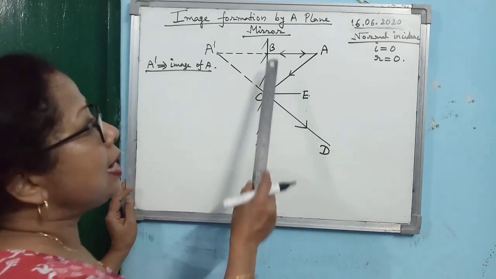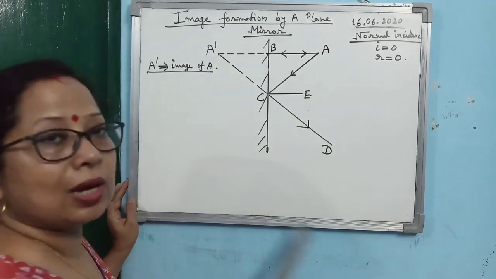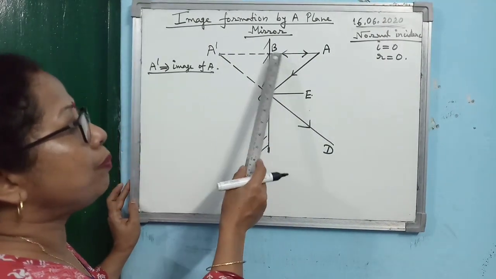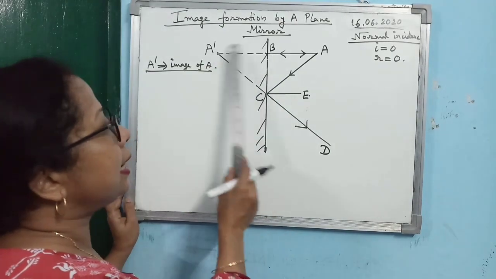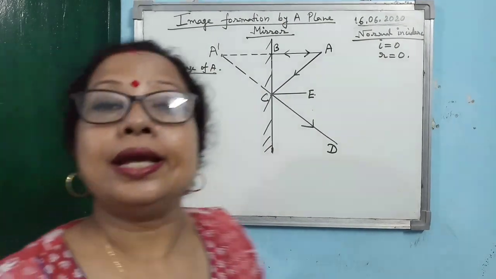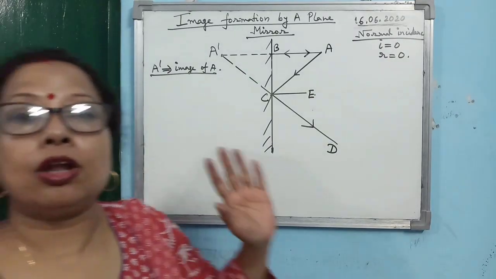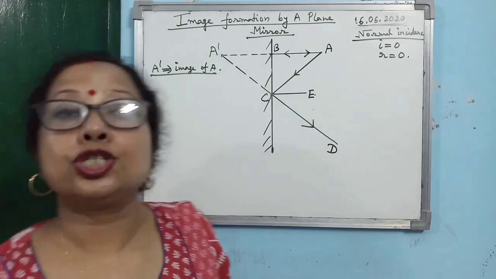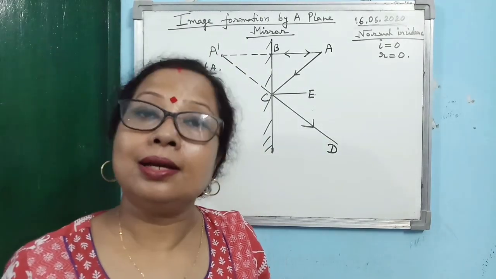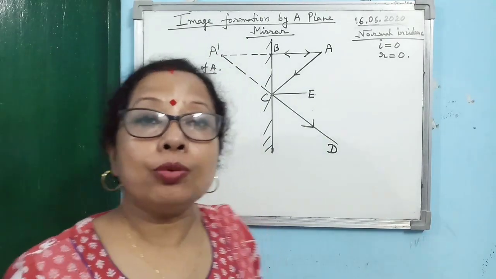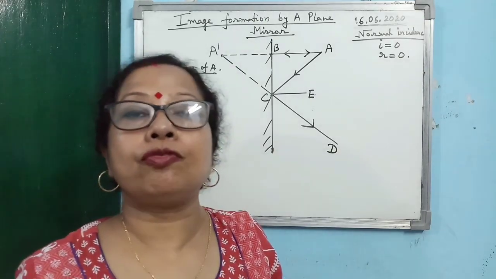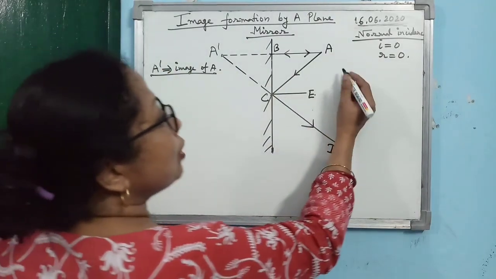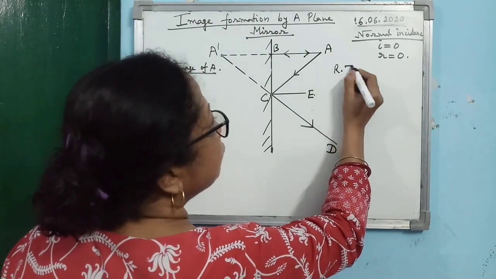But what I have done, I have taken BA and BA dash equal. Why? If you follow the original method, then you may not get BA and BA dash equal. But according to the laws of reflection, object distance and image distance should be equal to each other. Alright, so what cheating have we done? We have made object distance and image distance equal first, and then we have drawn the diagram. Alright, so anyway, now we have drawn the diagram. So what do we have to prove?